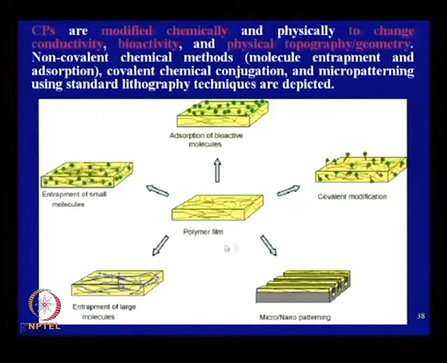This is a kind of overall modification, different types of modifications. Those things are written over here. This has been taken from a paper. If you are interested, you come to me, I will give you the reference, the review papers, review articles,